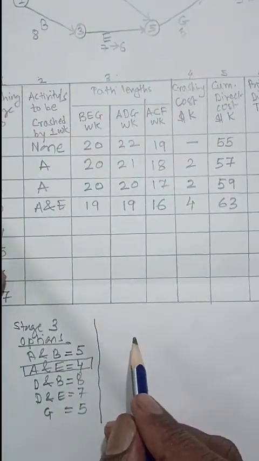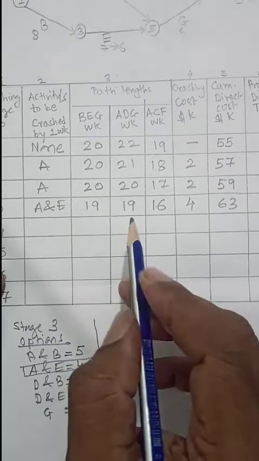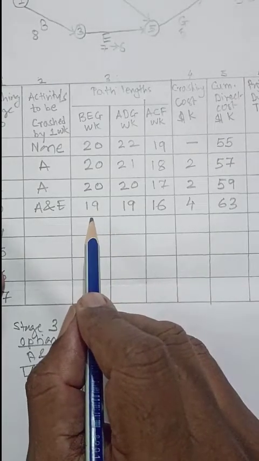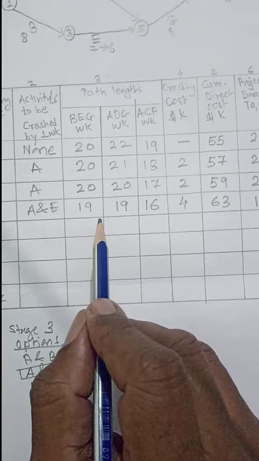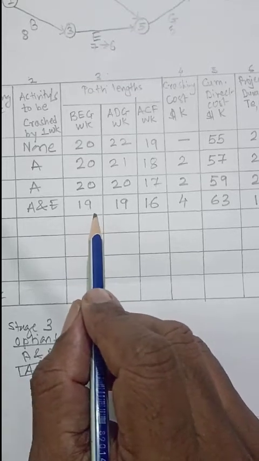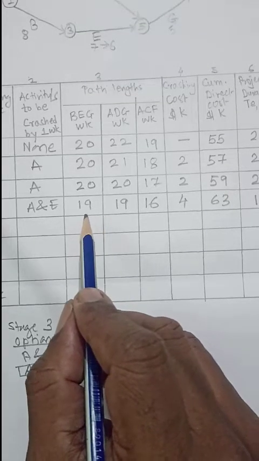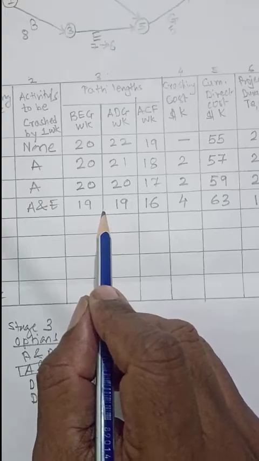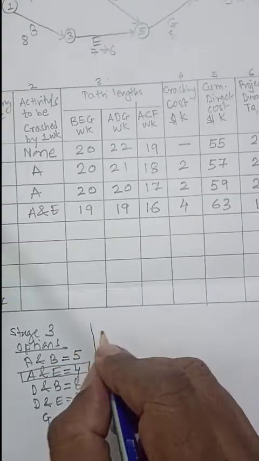So we will go ahead to my next step. Now we will see the options for stage 4, right? After I have crashed A and E, right? The stage